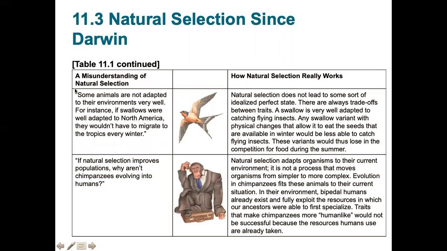And again, if they're not well adapted, then somehow it wouldn't. Fitness isn't always that particular, it's not always perfect. So sometimes we have adaptations or we do things and it's unrelated to fitness. And yeah, chimpanzees did evolve. They evolved differently than we did. There is no end goal to natural selection. So nothing is trying to be more like humans.